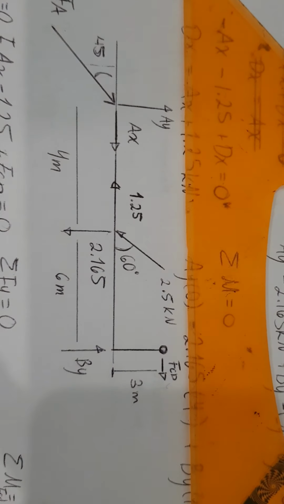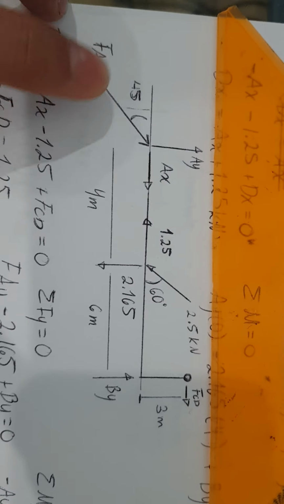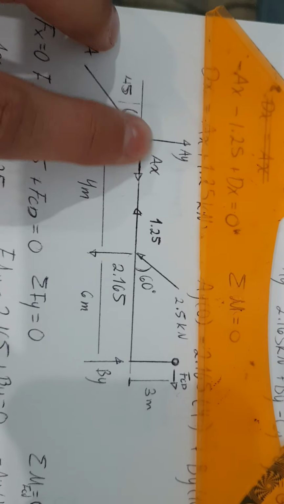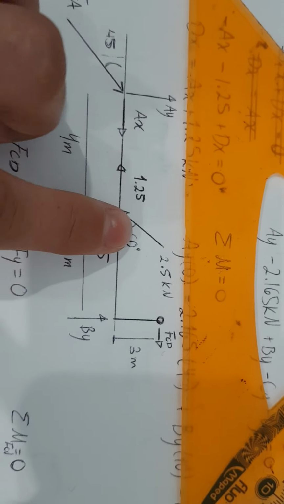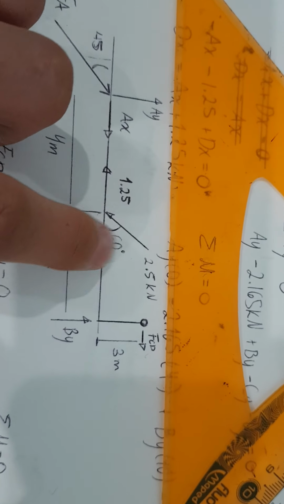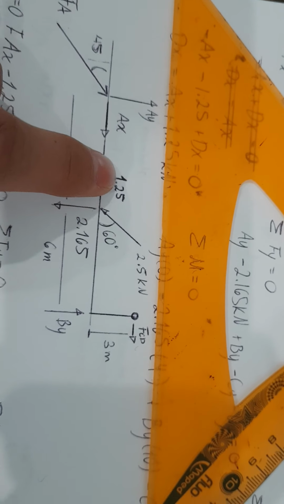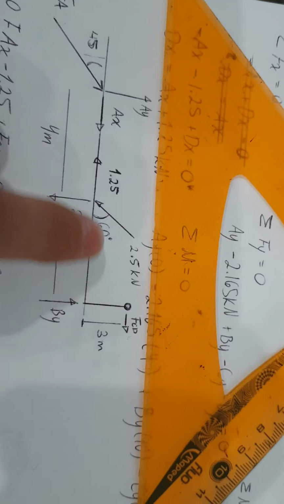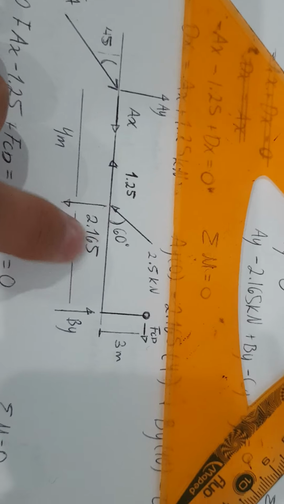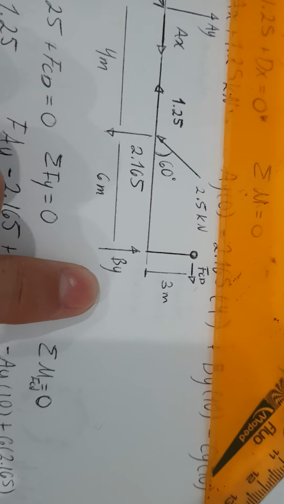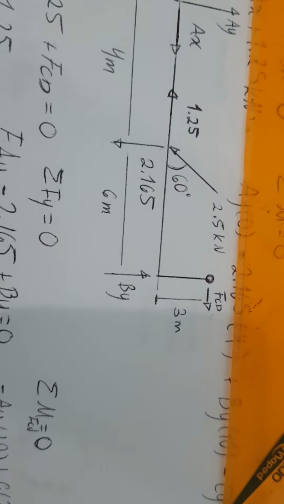So here's my free body diagram where I show that the force is acting at 45 degrees, dividing into AY and AX. Then I just used trigonometric properties here to get the x part of the 2.5 kilonewtons at 60 degrees, and also for the y part. Then I put B_y, because in the image we can see that